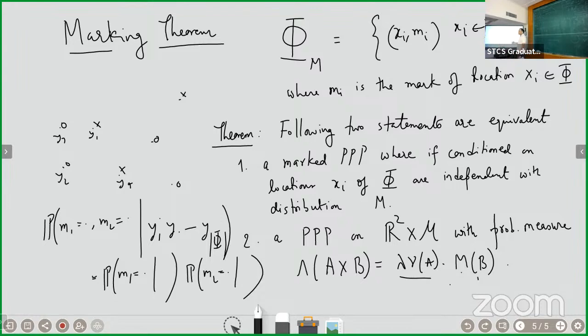Now you look at a completely different process, which has nothing to do with marking. It's just a process on a higher dimension, which is a Poisson process with a particular density, which splits as the multiplication of the underlying Poisson process on R2 and the process just